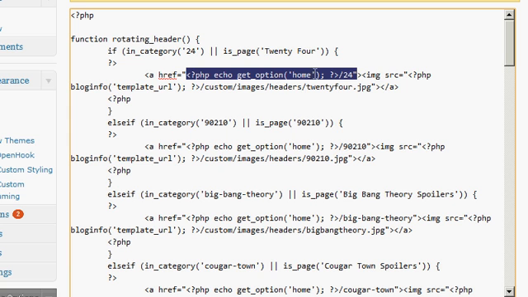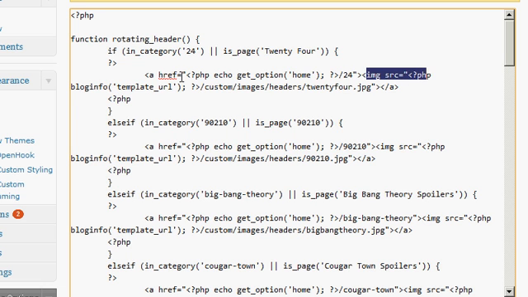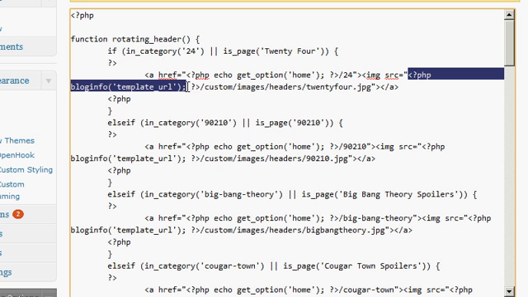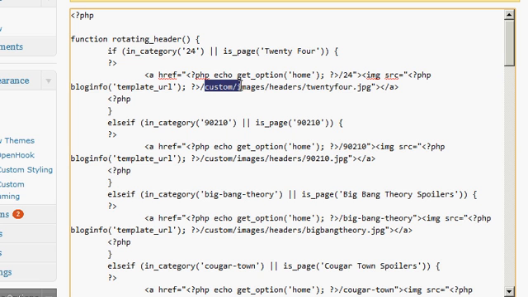So spoilersguide.com/24, and then the image source is PHP blog info template URL, which basically just refers to the home folder of your thesis installation. And then from there I navigate to custom, images, headers, and then 24. So if you want to edit the image, that's the folder that you need to access on your